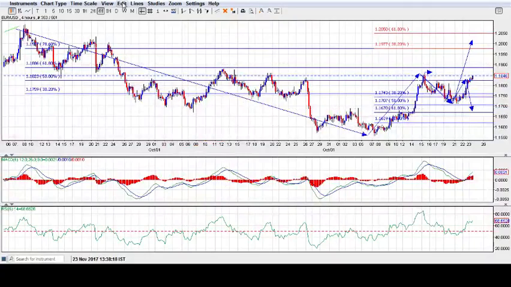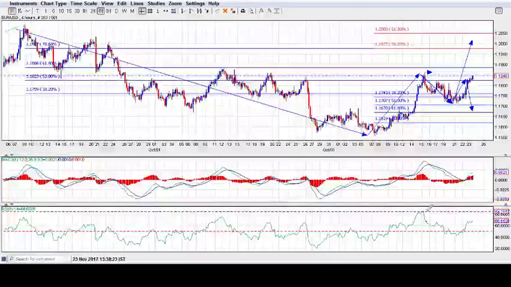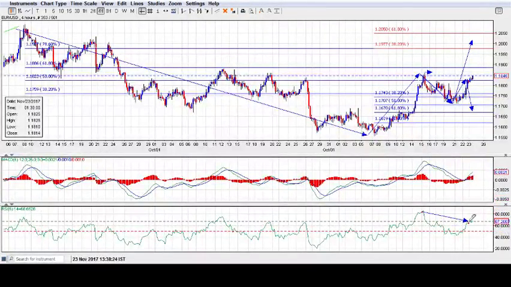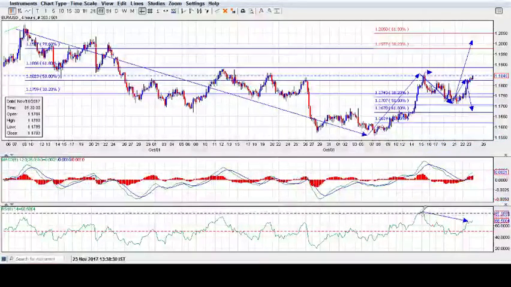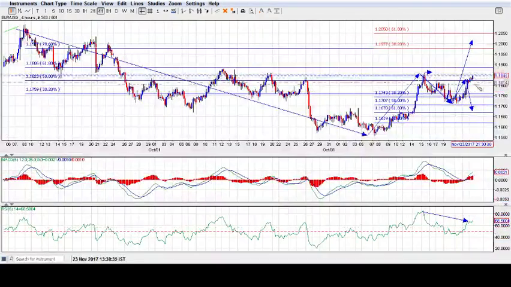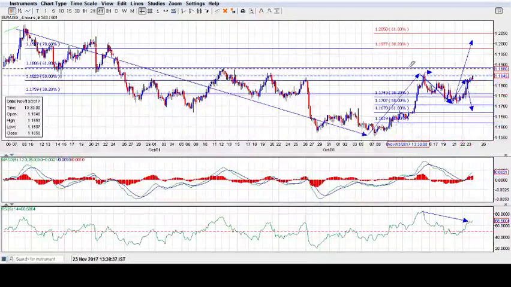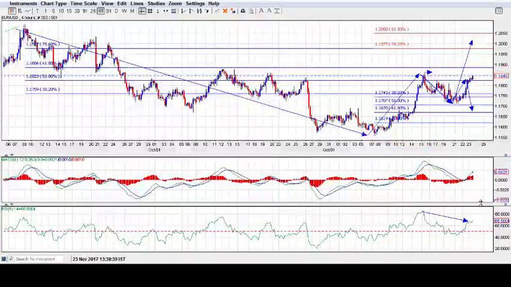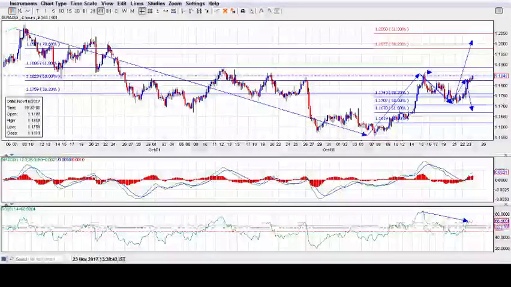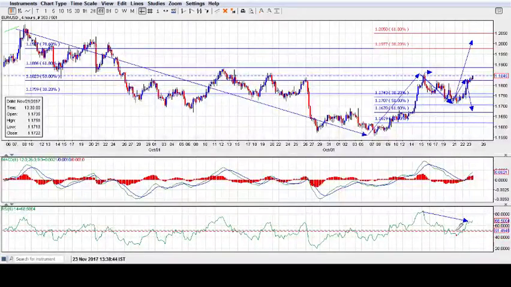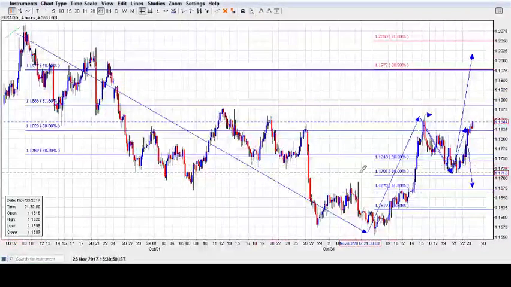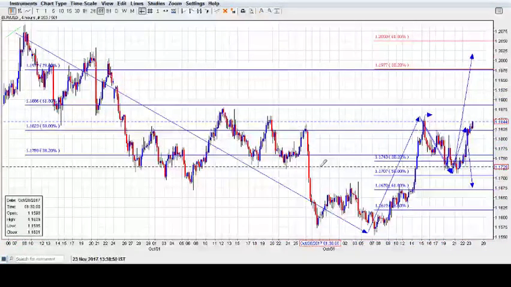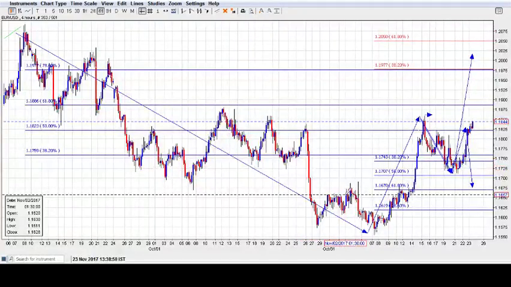I wouldn't say it's a perfect example of a bearish divergence, but it looks to be a case. Prices have not formed a new high, but that's why I'm saying it's not an ideal case of a bearish divergence. Even if it does though, and if it kicks out towards 61.8%, I think there would be an excellent case about bearish divergence in the making. So an aggressive way to deal in Euro USD is to remain short from these levels. The stop just about 1860.65, targeting 1670.